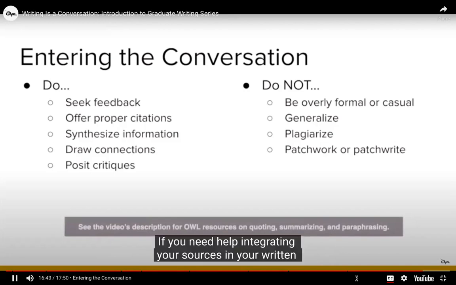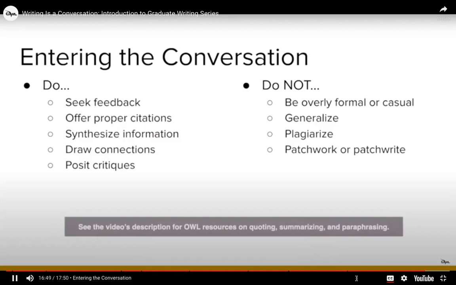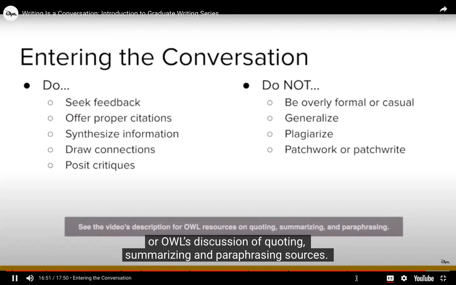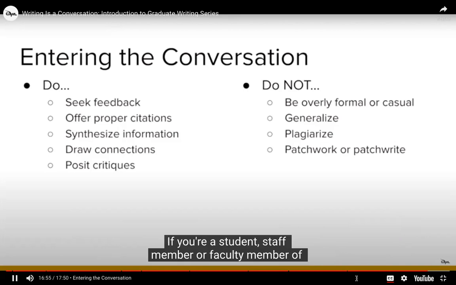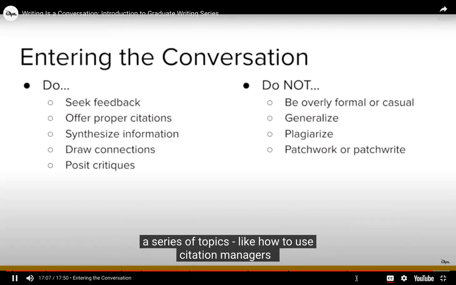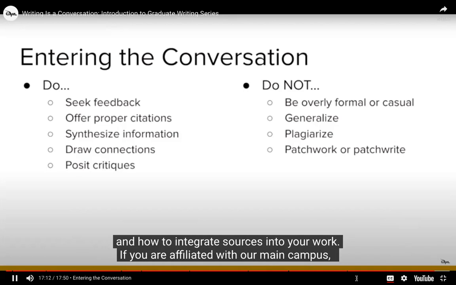If you need help integrating your sources in your written work, consider exploring the Purdue Online Writing Lab or OWL's discussion of quoting, summarizing, and paraphrasing sources. If you're a student, staff member, or faculty member of Purdue's main campus, you can also come chat with a tutor in the writing lab or check out our free workshops that cover a series of topics like how to use citation managers and how to integrate sources into your work.